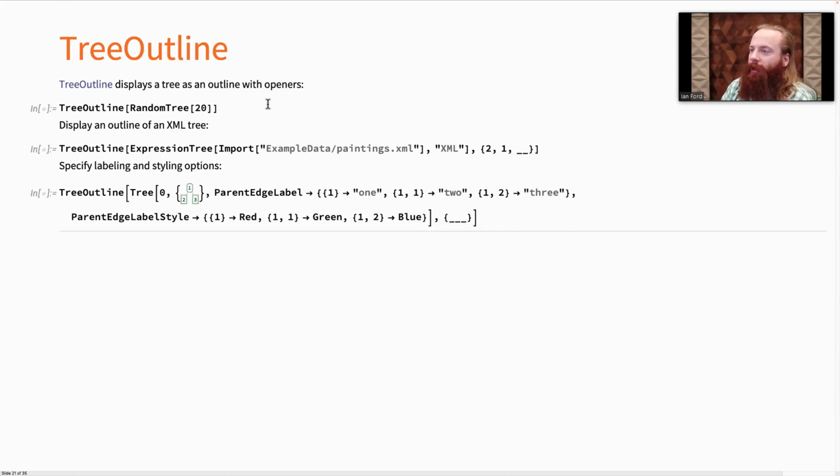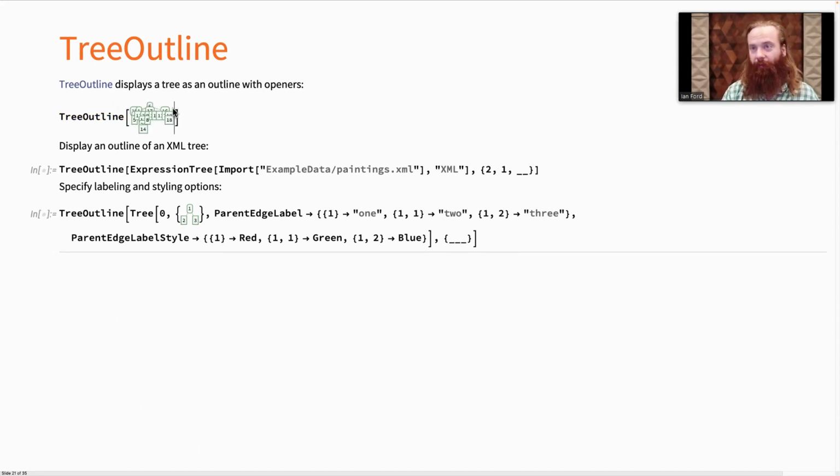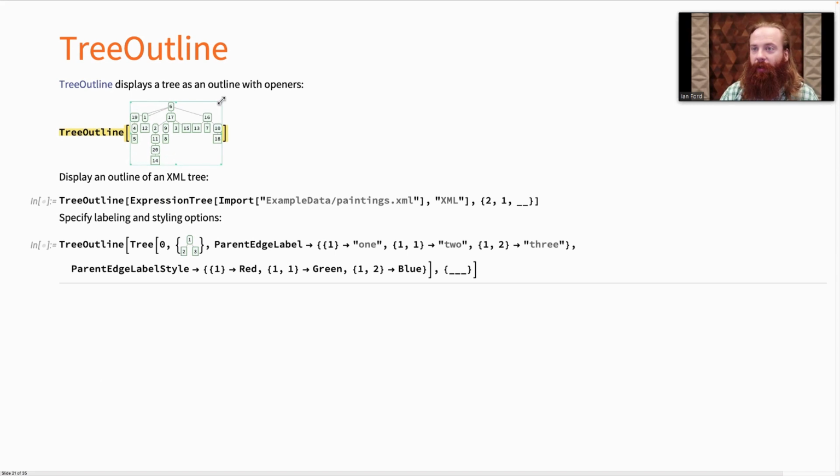So that's kind of an overview of the different labeling and styling and elision options that are available. We also are interested in different kinds of visualization. So here's a different visualization from the automatic visualization as a graph that we've been seeing. If I take this random tree, evaluate that in place, we can see by default it formats as a tree graph. But if we do tree outline of that, we get a very different view